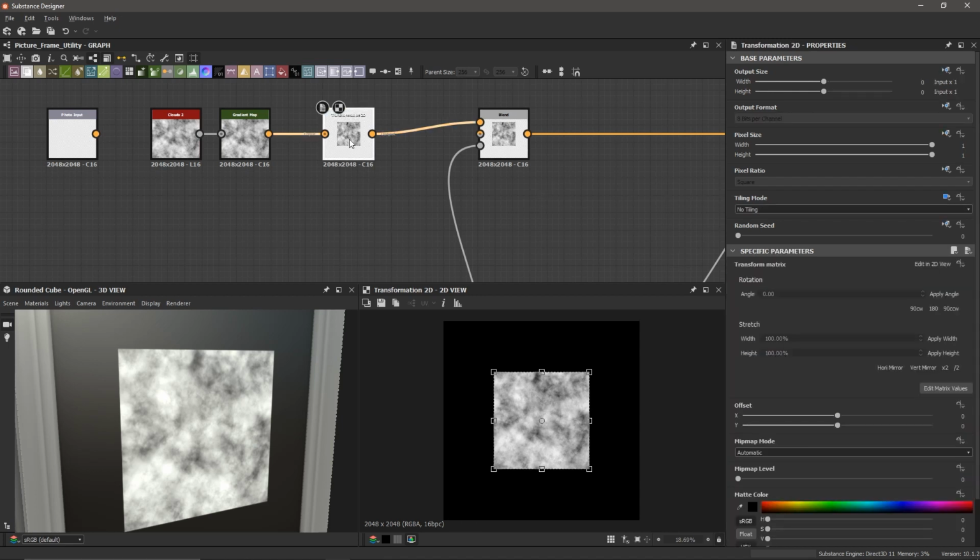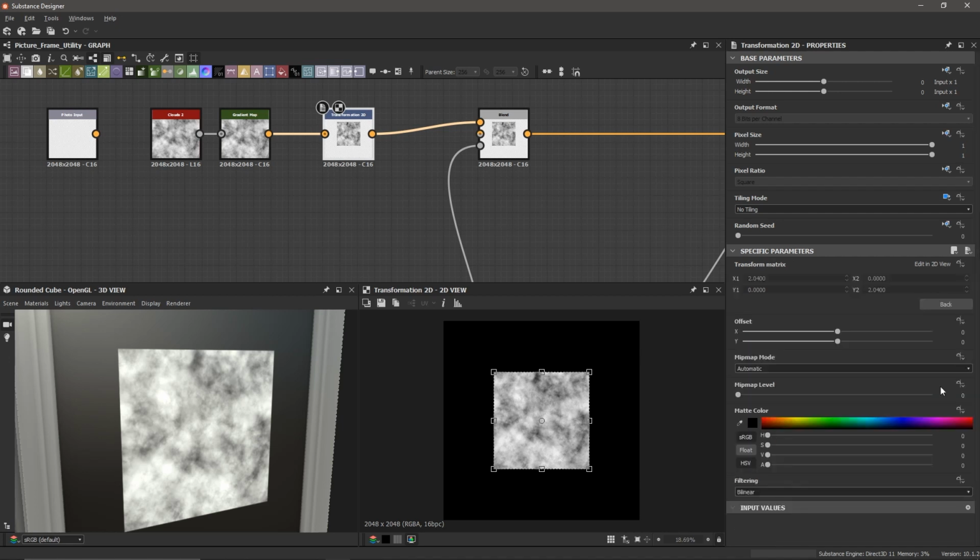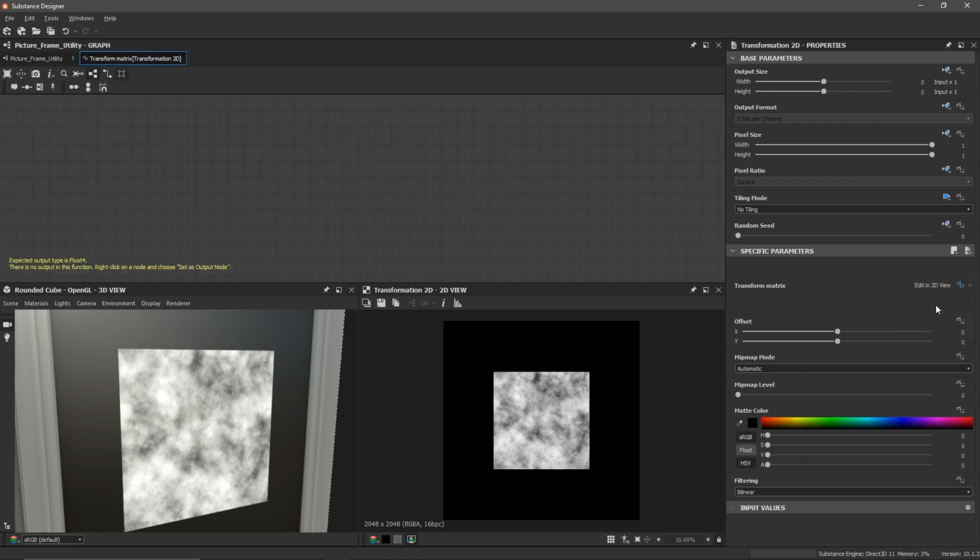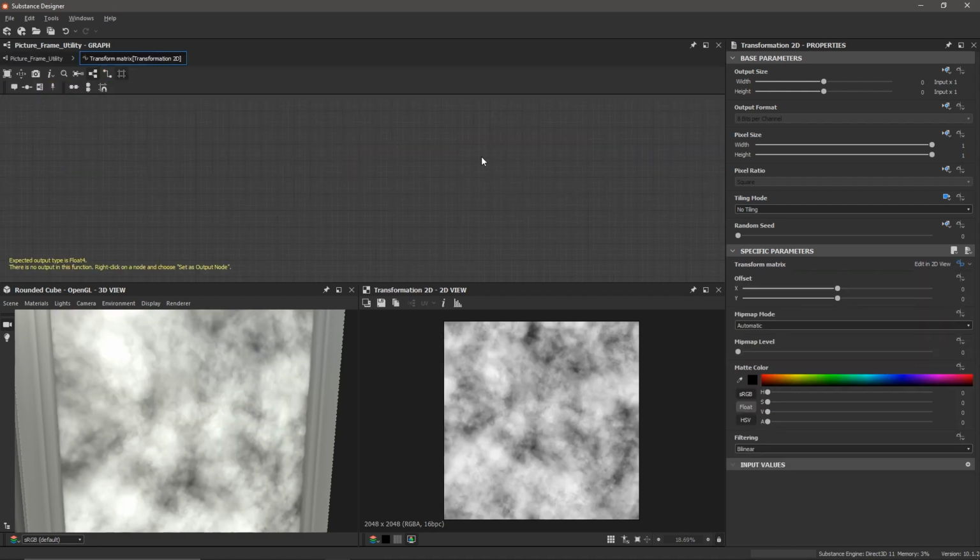let's double click on our transform 2D, and we can choose to edit the values if you'd like to. We're going to click on this graph and choose empty function. This should look a little bit familiar because it's exactly what we were doing when we were editing our frame size parameter. First, let's start by getting all of our input variables and numbers into this function